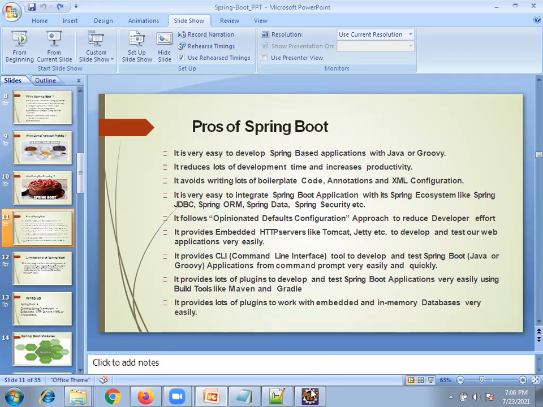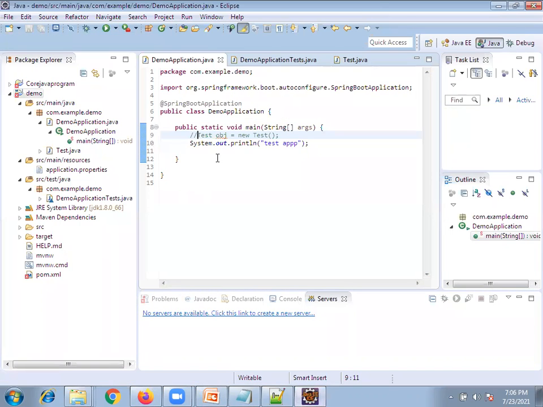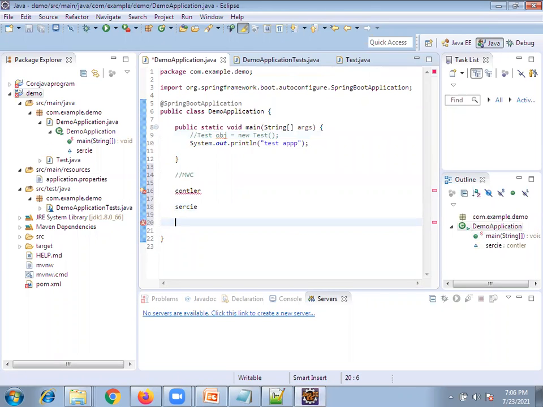Suppose, now let's take one example. You have developed an MVC pattern. So in the MVC pattern, you develop the controller, you develop the service, you develop the database repository, and the entities. Now your program is working fine or not.